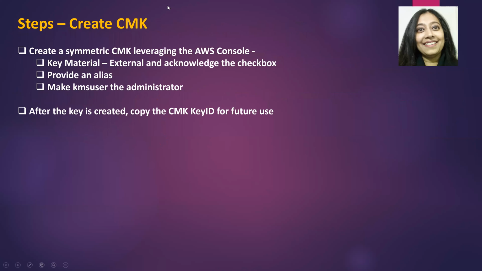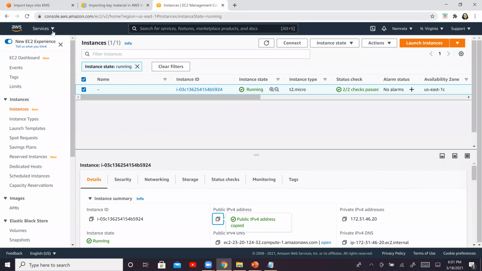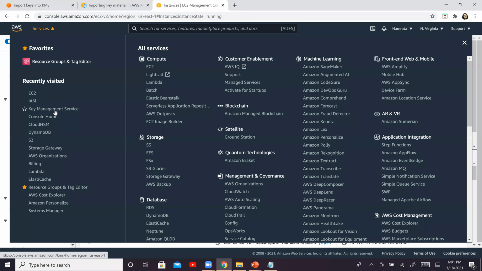Next thing that we are going to do is we are going to create a CMK. And this is going to be a symmetric CMK, right? Leveraging the AWS console. And these are some of the parameters that you need to keep in mind. After this particular CMK is created, ensure that you copy its key ID. Okay, so go back, services, key management service.